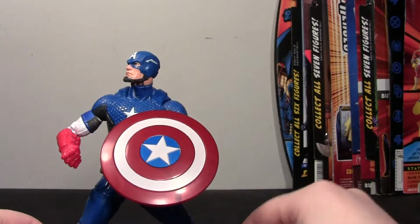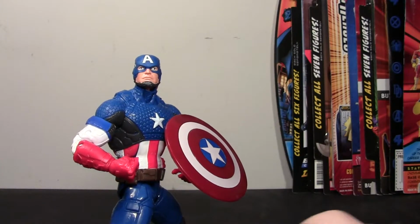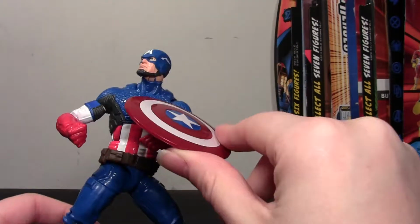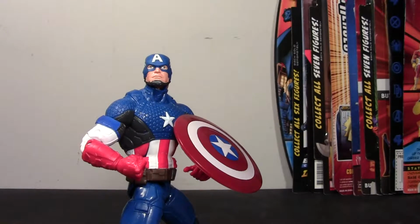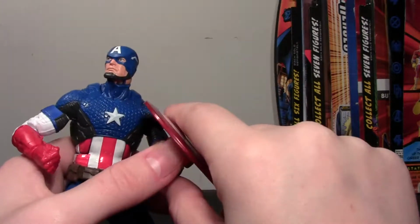Unfortunately, his paint is very lacking, and I've seen other reviewers say this, and I'm sure you all have as well. The sculpt is awesome. It's all unique, new parts, except the shield. But otherwise it's totally unique. I think all of it's unique, and it's articulated well. It looks good. It's just the paint is so lacking,